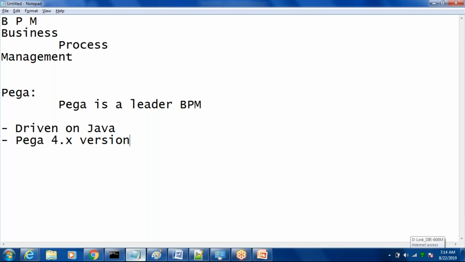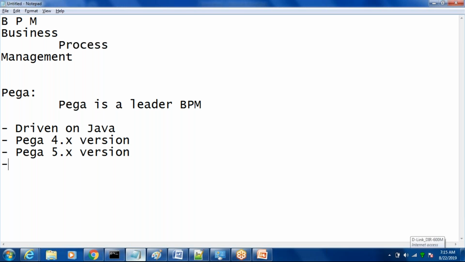Later on, Pega 5.x was introduced, and to develop applications in 5.x, there were a lot of things where we needed to write Java code. So earlier, when Pega interviews were taken in 5.x, people were interviewed based on their Java skills, because a lot of coding was required, and Pega 5.x required Java coders to implement any BPM applications.